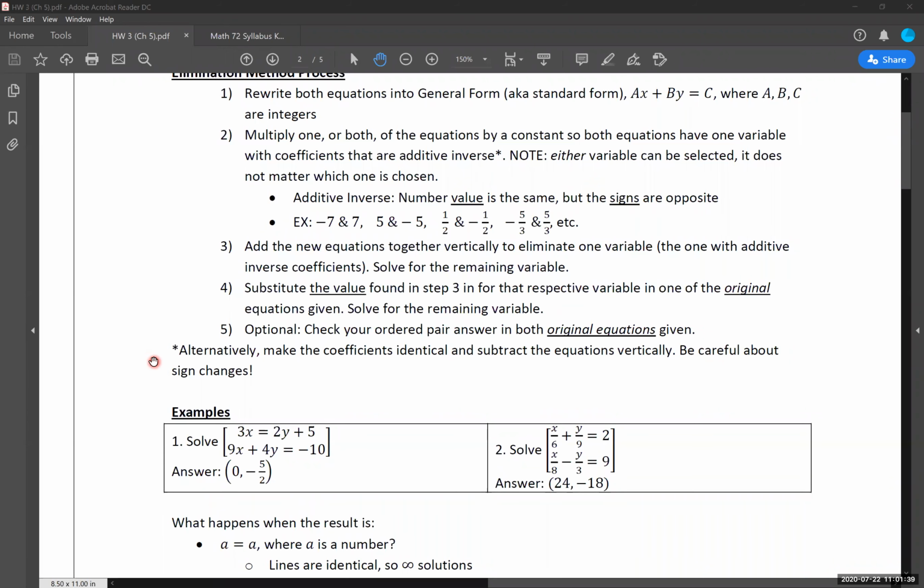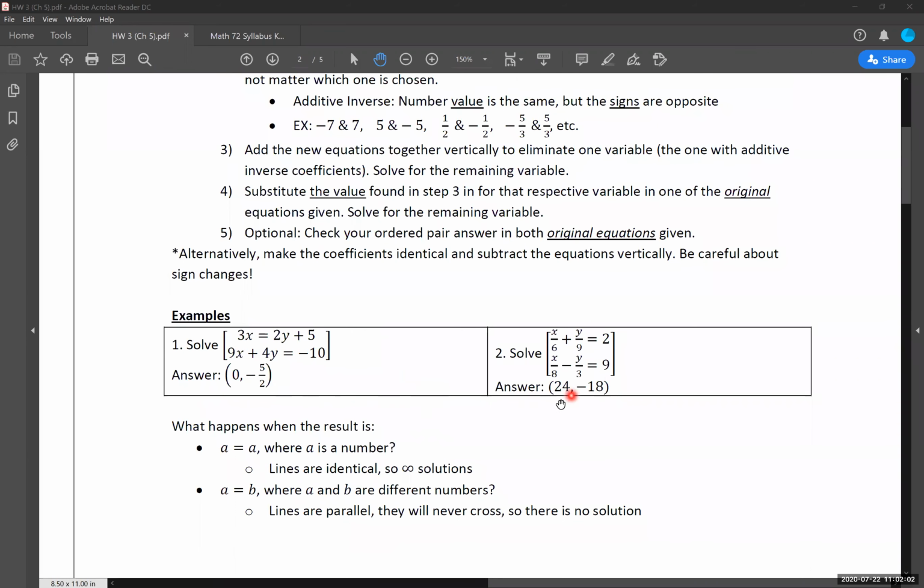So there is an alternative method that you can use to find the additive inverses that I will show you guys with these examples, but I do think there are some pitfalls with it that I would recommend going away from if you can avoid using this alternative method. There's nothing wrong with it, but I have seen many errors show up with it in total. Okay. So these are our two examples that we are going to work with right here.